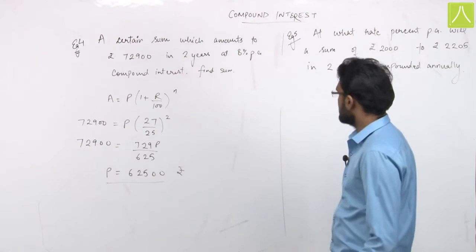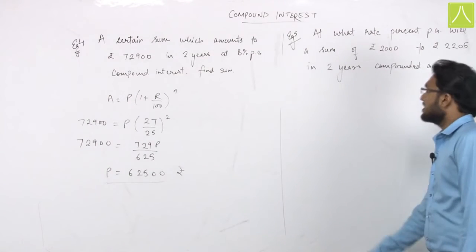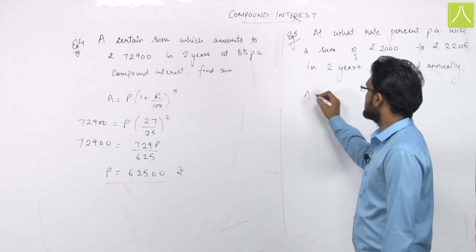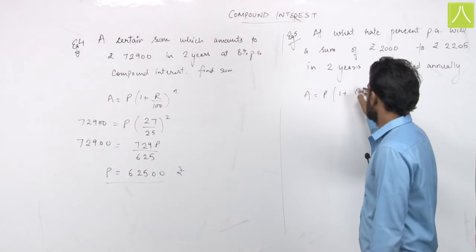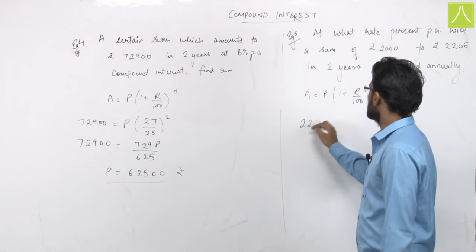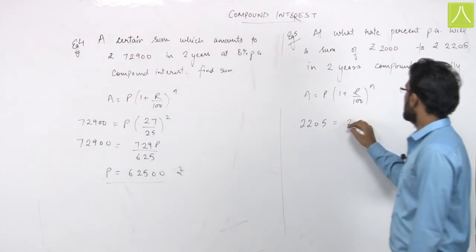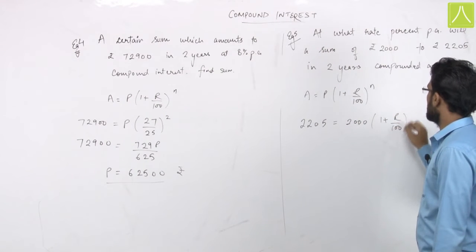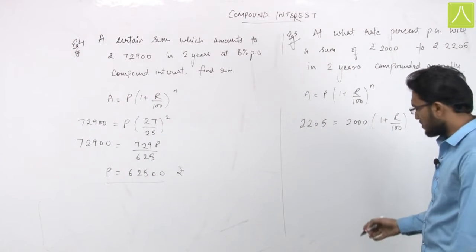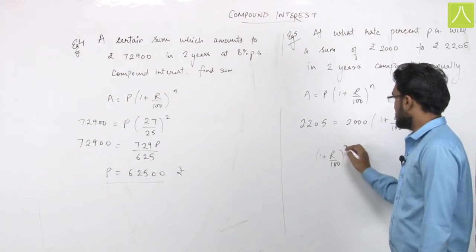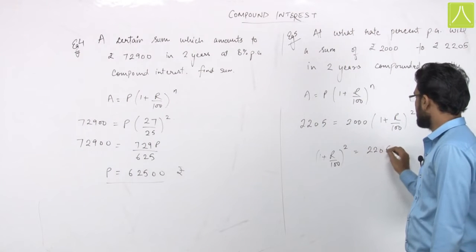Now, in this question, we have given the amount and the principal, and we have to calculate the rate of percent in 2 years. So, basically we know that amount is equals to principal 1 plus r upon 100 whole power n. Just substituting the values over here, 2205 is equals to 2000 into 1 plus r upon 100 whole square. Solving this equation, we will be getting 1 plus r upon 100 whole square is equals to 2205 divided by